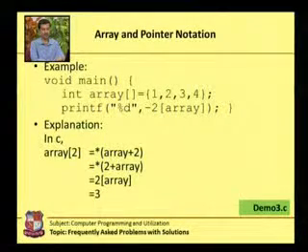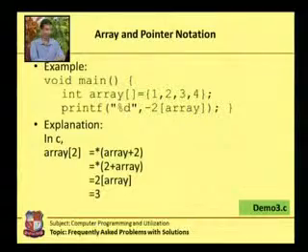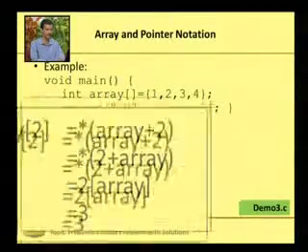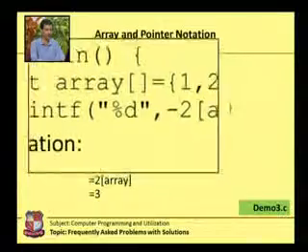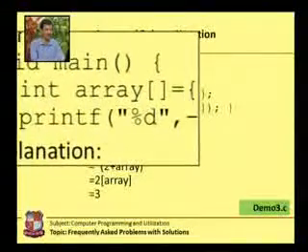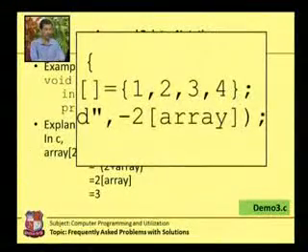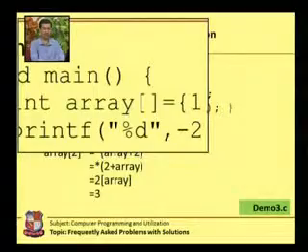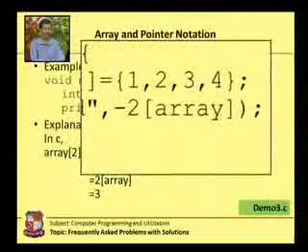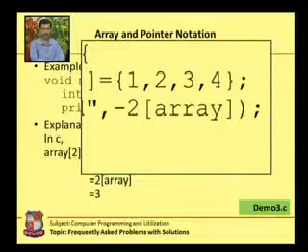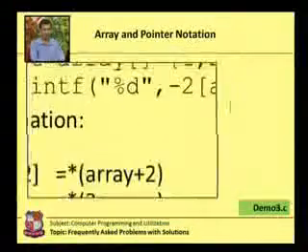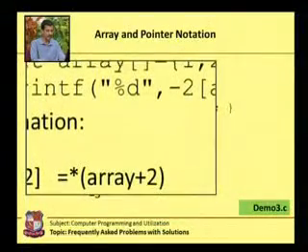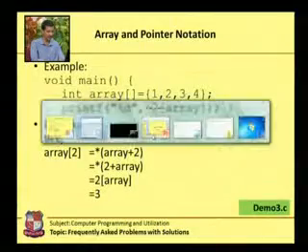The next topic is array and pointer notation. Can we write this? It is shown here. I have declared an integer array containing 4 elements: 1, 2, 3, 4. And as you all know, if an array is initialized, we need not specify the number of elements. Automatically it is calculated on the basis of this. But now, to access this array, let us see in an example what we generally write.